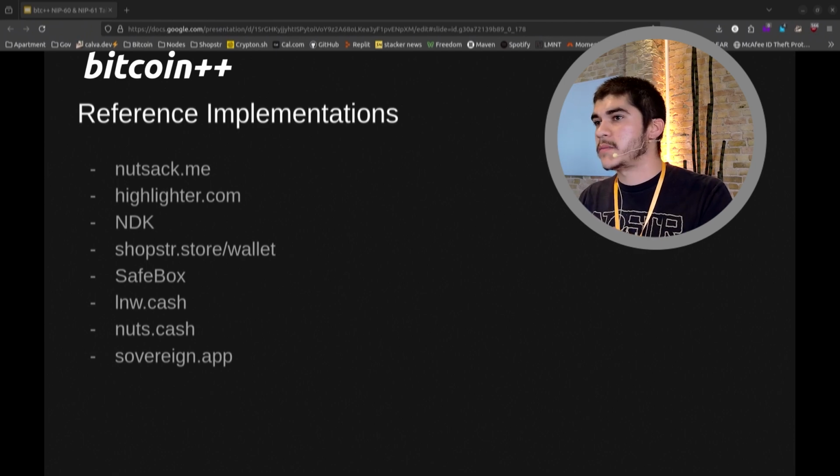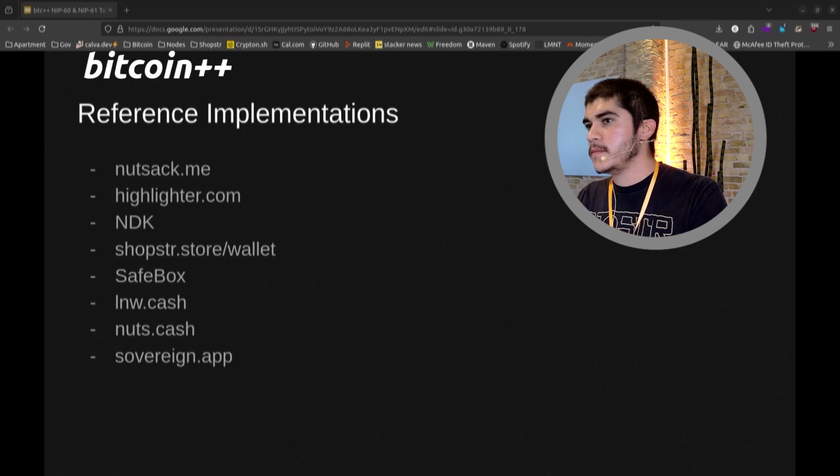If you have access to NIP07 or the extension signing and NSEC bunkers, then that issue doesn't really arise as much. But if you're an Android developer or a more native app developer, then you're not going to have that ability. So if I understood correctly, I basically generate a new key pair just for the NIP60 stuff, and then I use my npub, which I use for everything else.